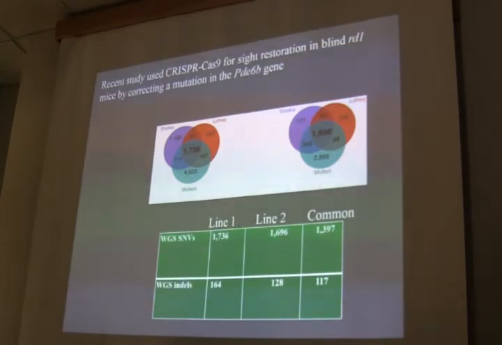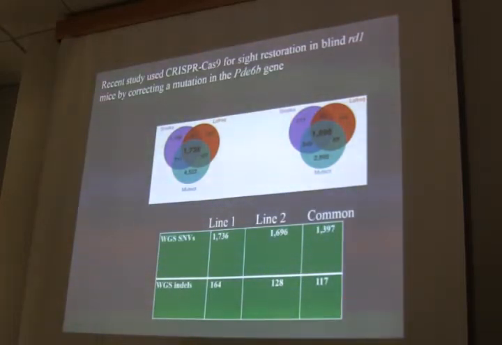And then the last, I could have kept some stuff in, but here's the bad part about CRISPR, which is really scary. So there's this RD1 mouse, it's blind, right? So they knew the point mutation. They replaced this mutation in the PDE6B gene with the phosphodiesterase. And they cured blindness in the rat, in the mice. It worked, and you know, you can do that, that's good, right? Well, the bad thing